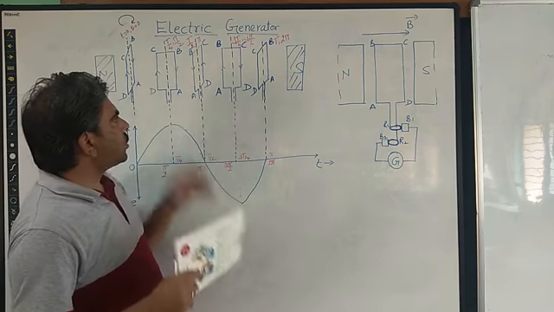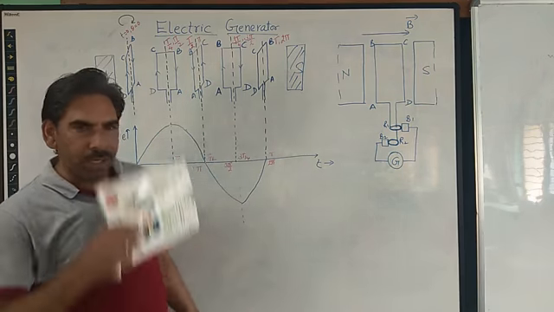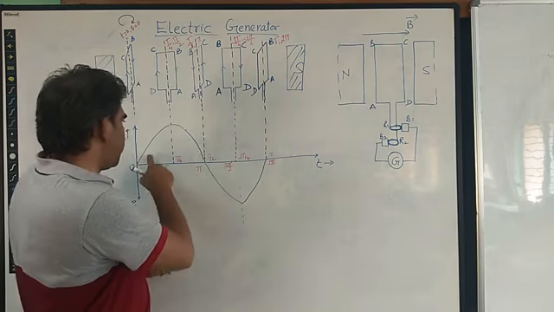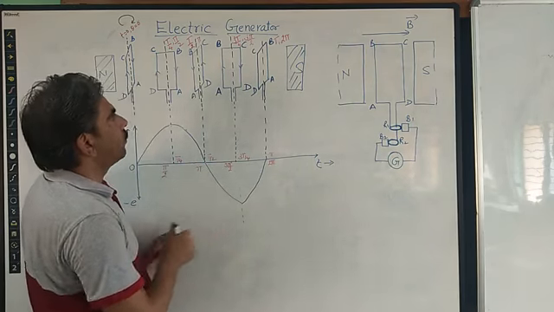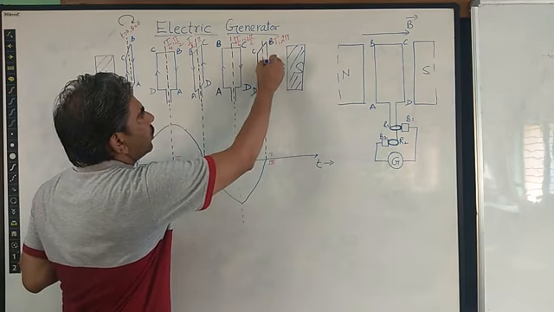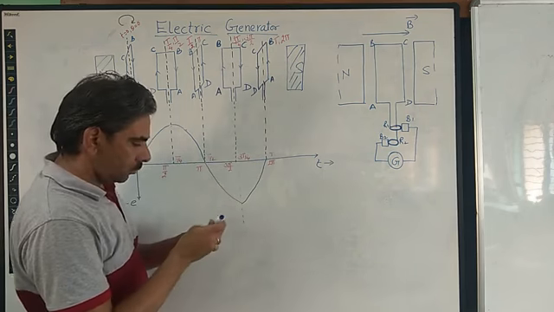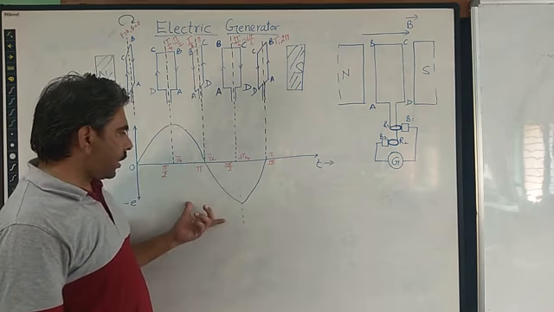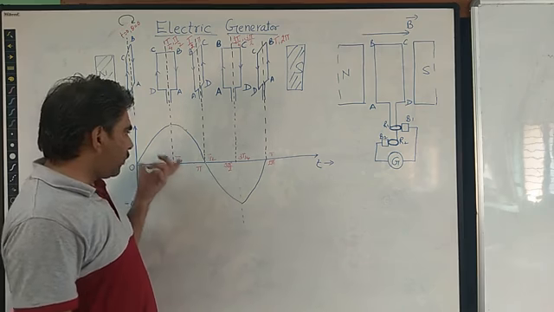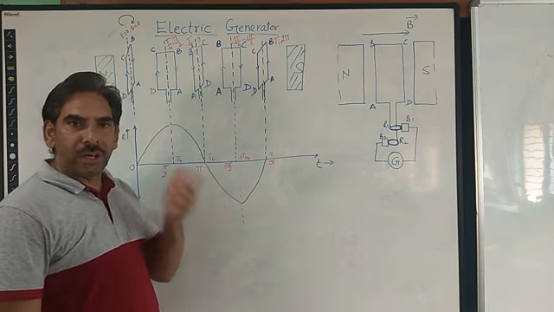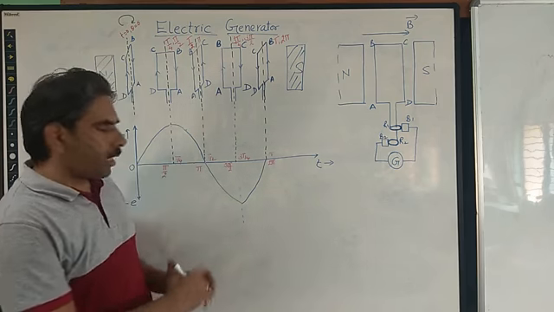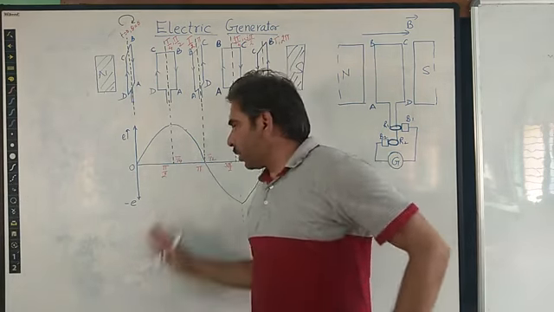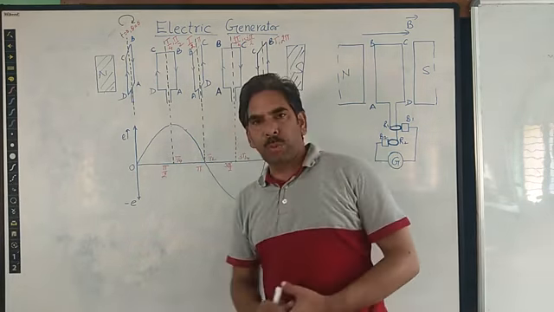Right? So this is the one complete rotation of this coil. During one complete rotation of the coil, we see that the current is changing its value as well as its direction. So it will be just like this. Such an electric current which changes its value and also its direction periodically after a regular period of time is called an alternating current or AC. So this is the output of an AC electric generator.